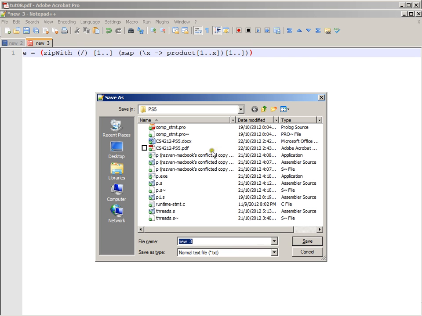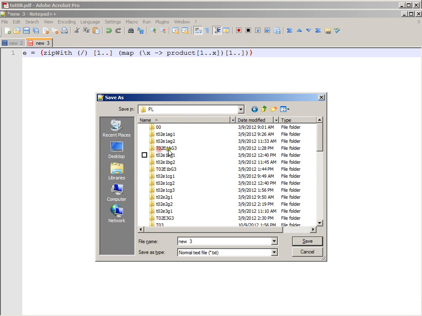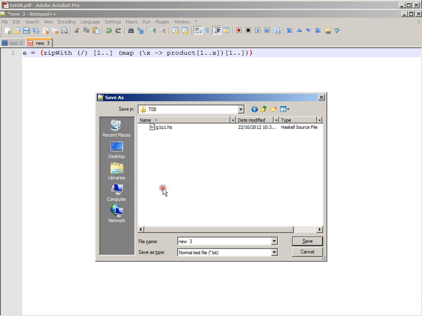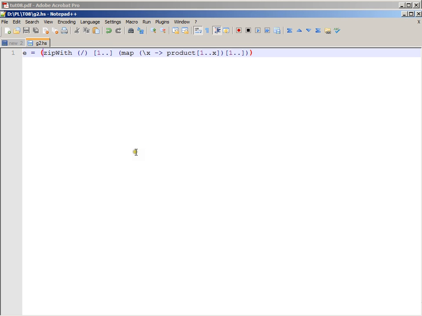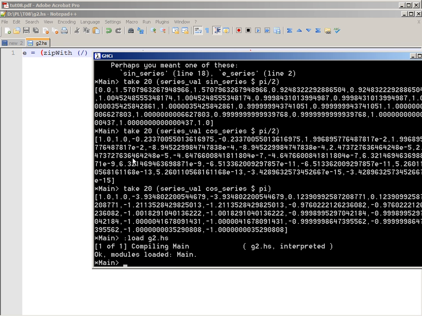So go to the folder d/l. No, you are in D. Just okay there. D. One up. Okay. And PL. And you should find something like T08. Yes. And call it G2.hs. We're going to stay inside this one. All right, so good, save. Move to the Haskell environment. No, yeah, Alt up, one more. And now say load, you're already in the correct directory, load g2.hs. And let's take 10